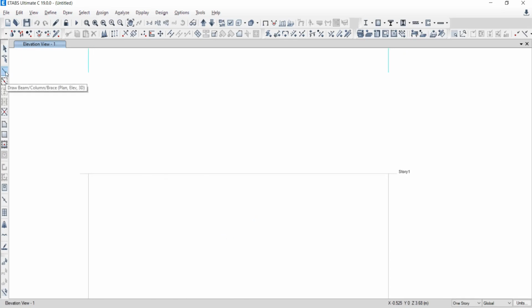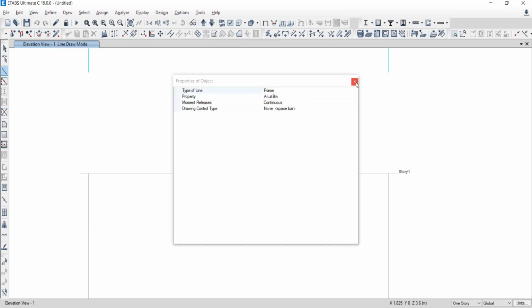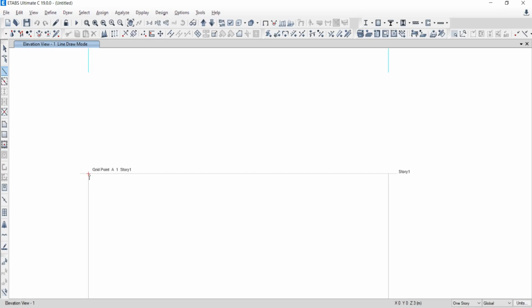So this is done. So I would like to work on the story first. So go to beam element, or we can say frame element. Just click over that. Close this. From this first point, just click on this first point. Freely move to the next point and click over that point, so that this beam will be modeled, and this command is now active and the continuity is also there. So to off this continuity, just right click on your mouse.